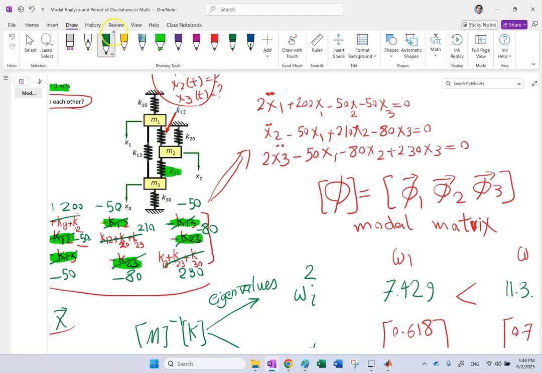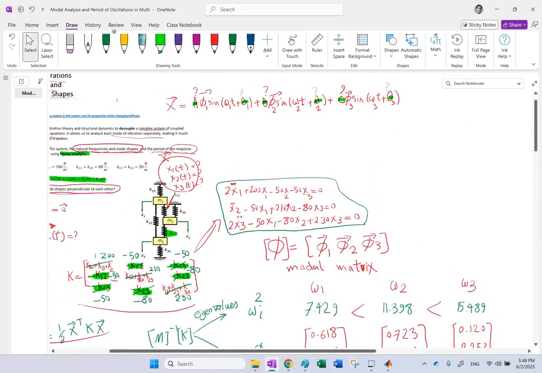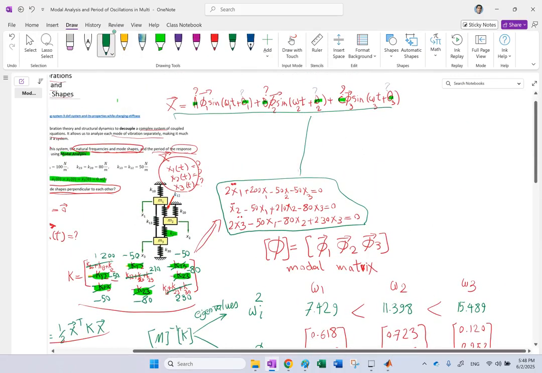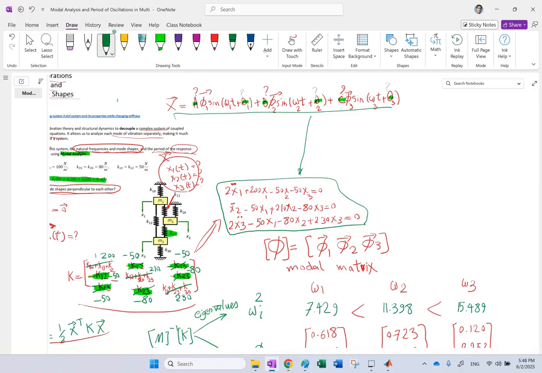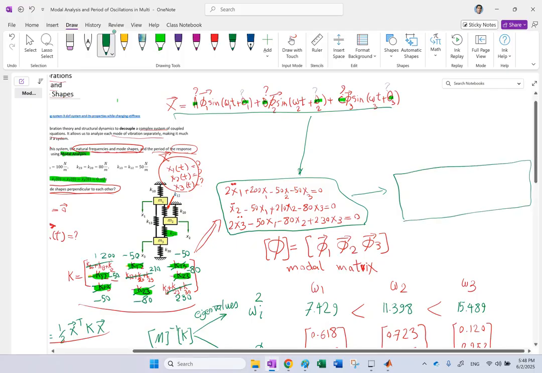So you see, I have 3 coupled ODEs. I cannot solve any of them individually. And even if I plug this general solution in it, and then find all the ABCs and the thetas. So another way is I'm going to convert these ODEs into 3 new ODEs, and in those ODEs, if you call the new variables,